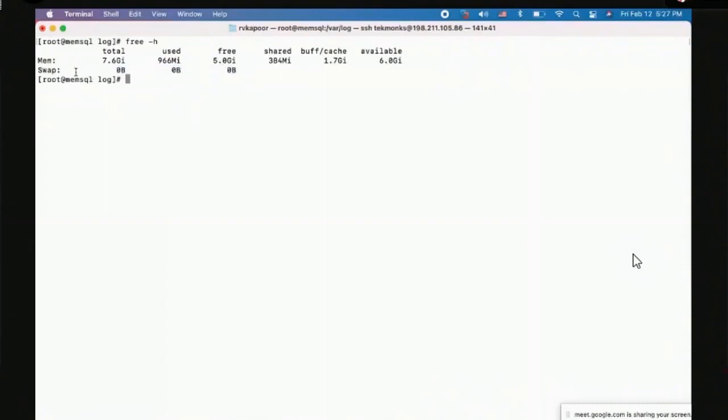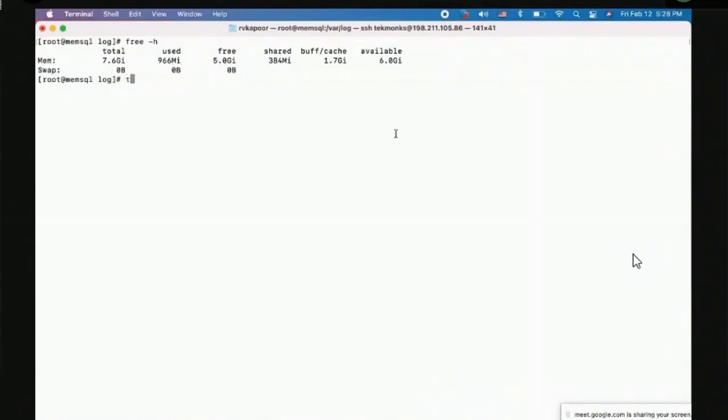If you are a database administrator, if the operating system is starting using swap heavily, and especially if it's running out of swap, then you have issues, because that means the memory is not enough, and the system has started using the disk space for memory, which is going to be extremely slow, especially for MemSQL. That will kill your queries. And this is a quick way to see if my box is running out of memory or not. -h, again, human readable format, so that it will put it in gigabytes and megabytes instead of putting it in bytes, which I may or may not understand. So this gives you a quick